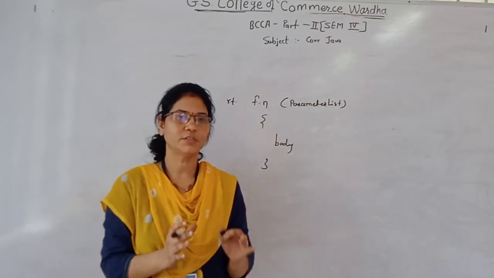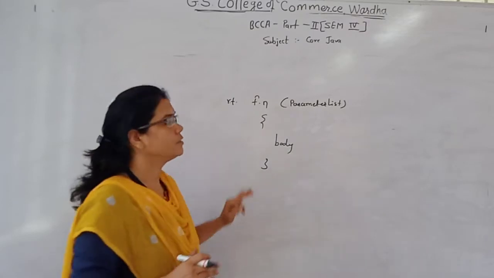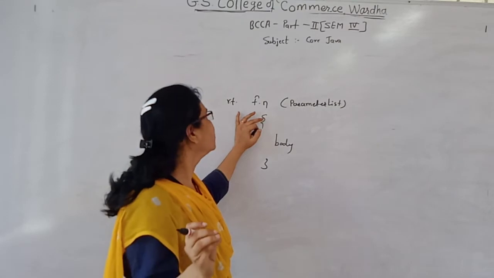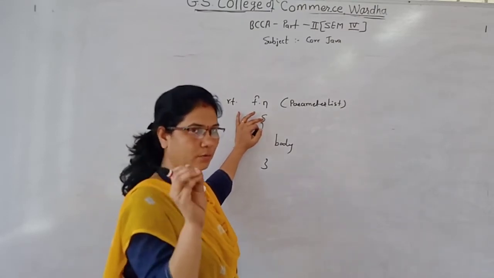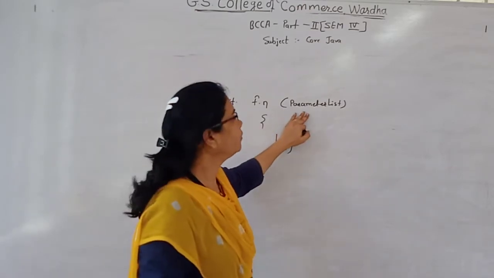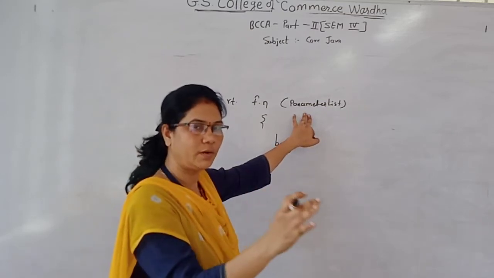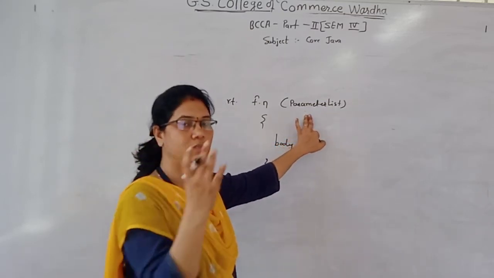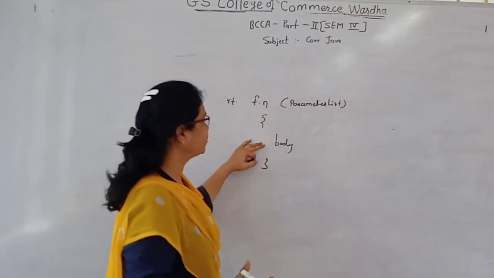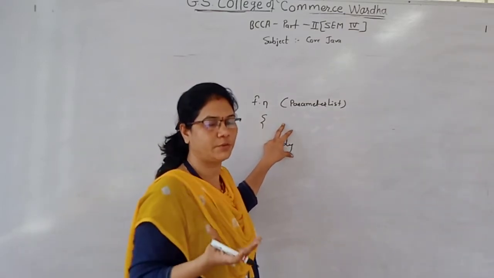For defining the function, we have to follow the prototype. In the prototype we define the return type, that means the data type of the particular value which should be returned by the function. Then the function name, and then the parameter list. This parameter list contains a variable list, or an array list, or an object list, depending upon the program. And then the function body, which is nothing but the block of statements which performs a specific task.